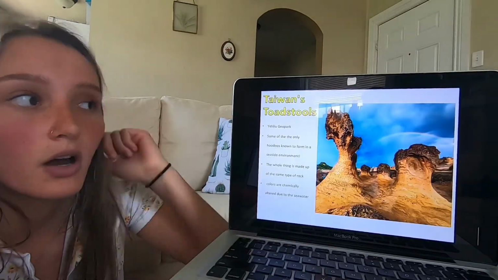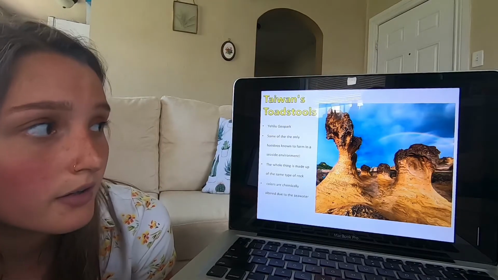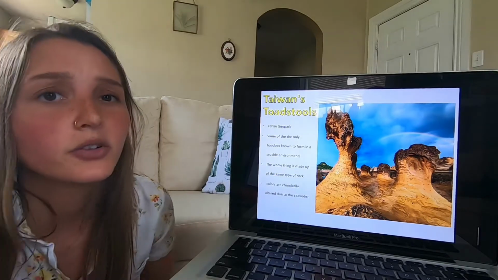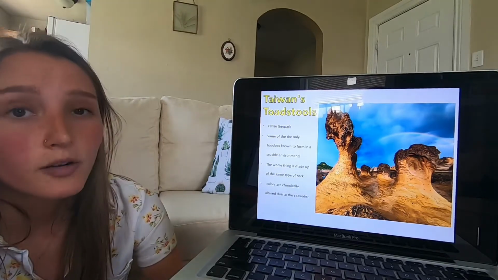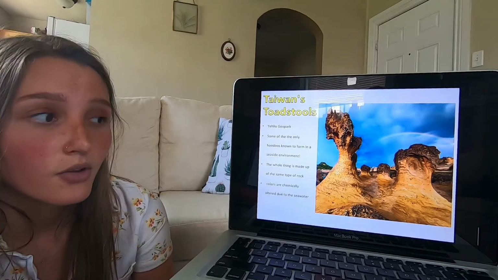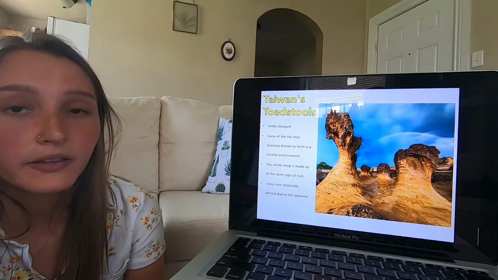Now we got Taiwan's toadstools. These are located in Yehliu Geopark, and they are made out of sandstone. These are some of the only hoodoos known to form in a seaside environment, which is very cool. The whole thing is made up of the same type of rock, and the colors are chemically altered due to